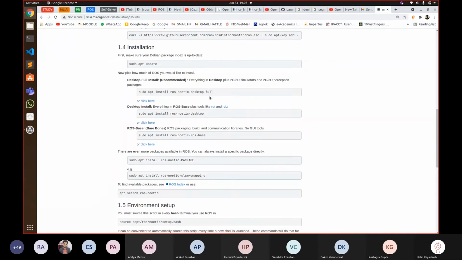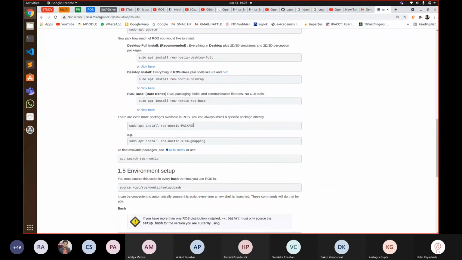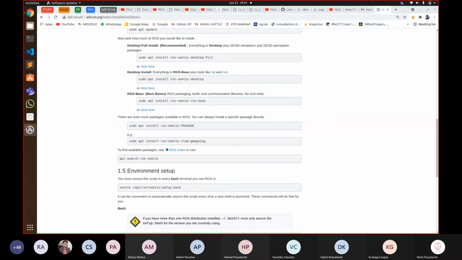ROS installation might get buggy a few times. Even today, when I was doing the ROS installation, just checking it once again, it was creating problems for me. So I would suggest not getting frustrated too quickly; ask us on the Discord channel. Also, do not try to reinstall ROS multiple times, because that also creates a lot of problems.